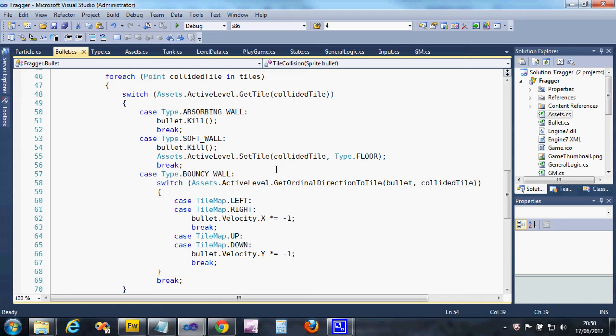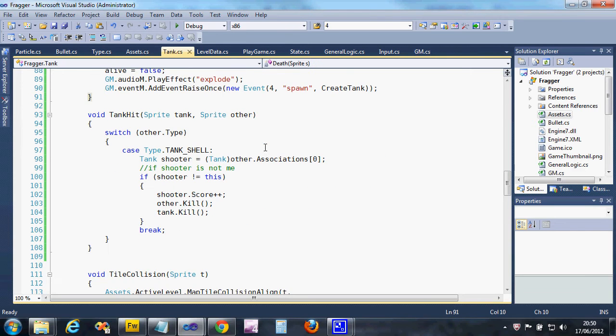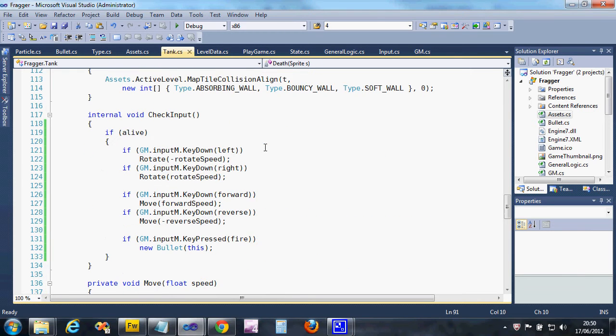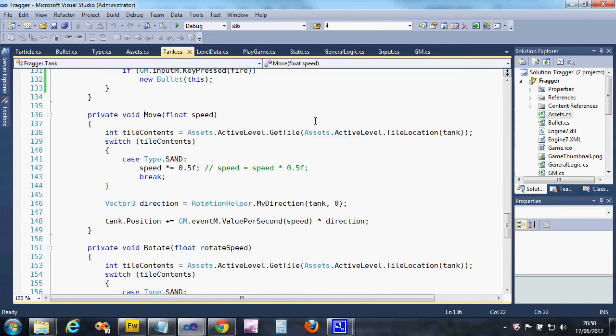So what I might do, it's the tanks, isn't it? As the tanks are moving over stuff. Where was that? I can't remember what the subroutine was called for that. It would be the movement ones, won't it? Yeah, we got this little bit of thing. Oh, if we found sand, do this. So what we could do,